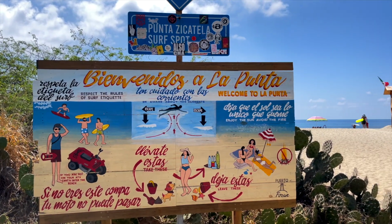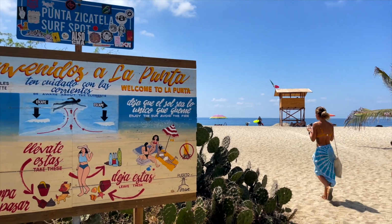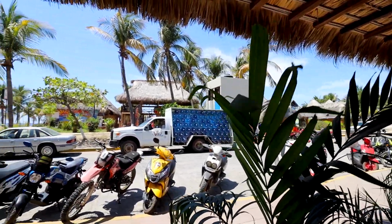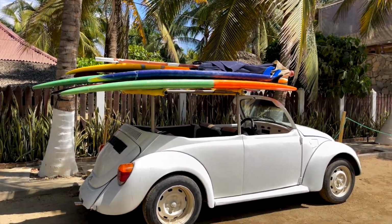But the good part about La Punta and Zicatela is that they are in a really, really good area, so you won't really be spending much money on transportation unless you're going to a different part of town. And then if you're really on a budget, the cheapest place to stay from my experience was in